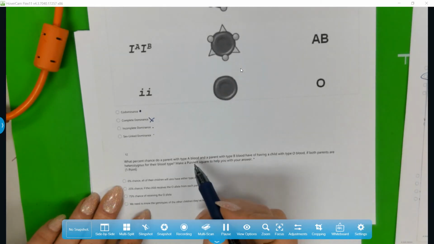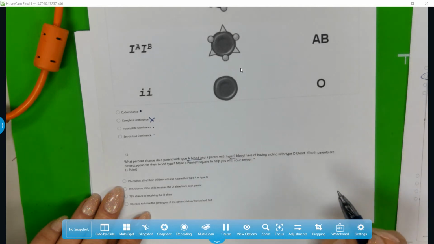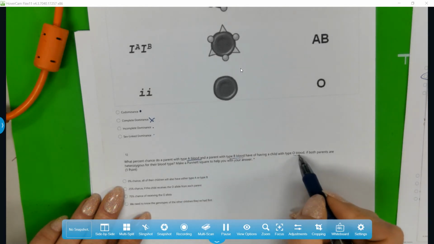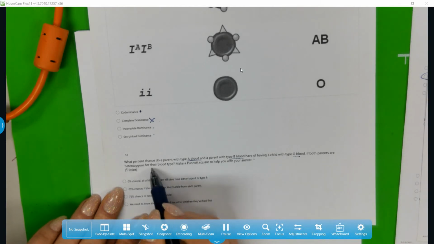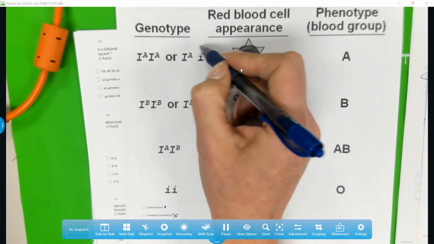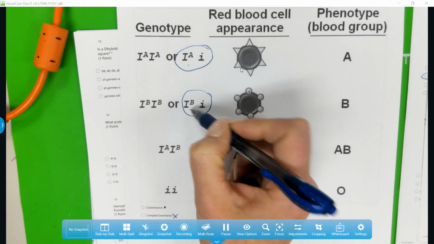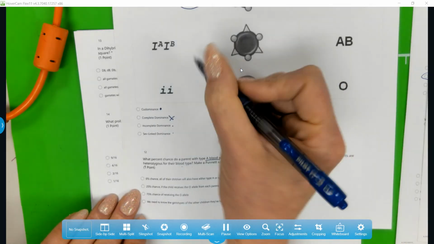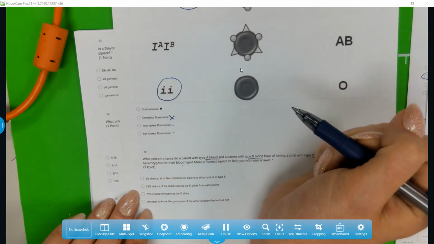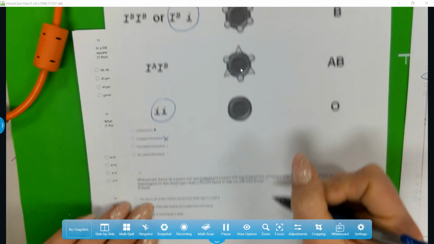Okay, so a parent with type A blood and a parent with type B blood having a child with O blood, if both parents are heterozygous for their blood type. So to be heterozygous for type A, it's this genotype. Heterozygous for type B is that genotype. Type O, what we're looking for is two lowercase i's. So we have